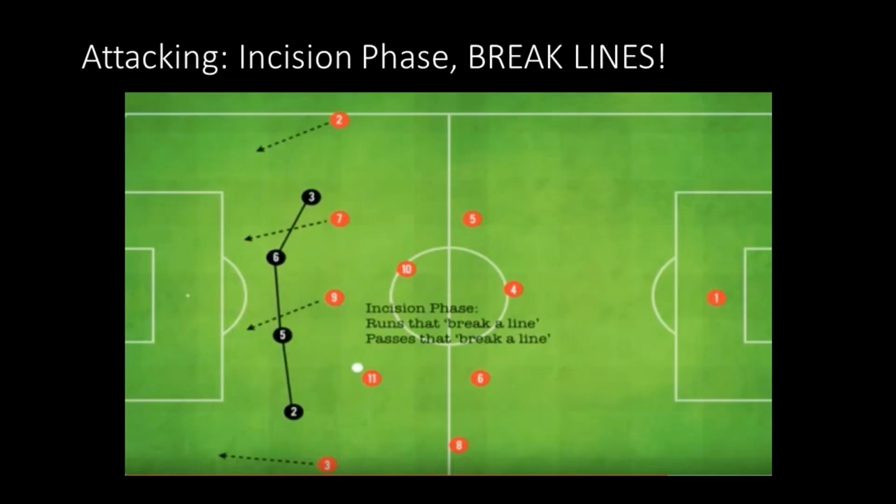So as you see, you can break lines many ways. It could be combination play between players. Also, number 11, if you want to, he can just take on number 5 and try to break a line himself on a dribble between 5 and 2, for example. And we encourage players to try to break lines on the dribble in this area too. Because what could possibly happen? Well, they break lines, they get into the 18, they score a goal. They could draw a foul that way too.